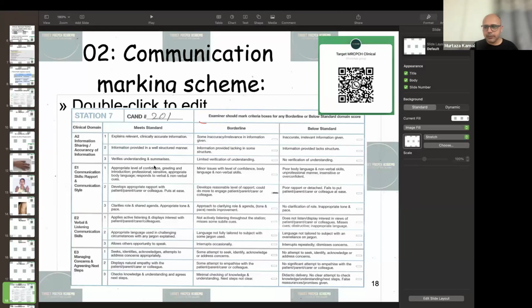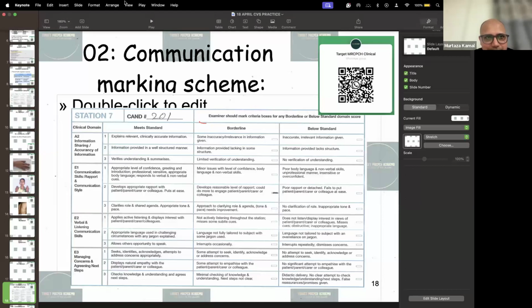Very good. So before you start, Doctor, I'll just give you a brief outlook of how you are marked in the communication station. For this station, and any station per se, I would again emphasize that the only thing which is important is practice, because practice is only going to help you. Anything can go wrong on the day of examination, and you should be practiced so much that even if that is the worst day of your life, you should be able to get at least 62 out of 82 to make your day. So practice, and communication is the station which we need to practice most of the time,